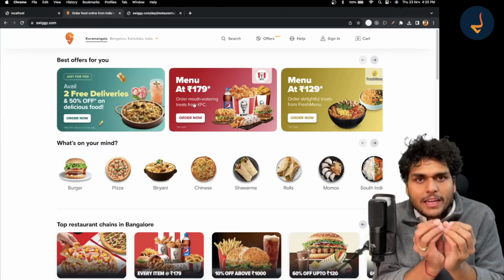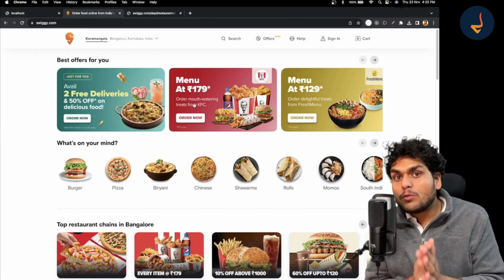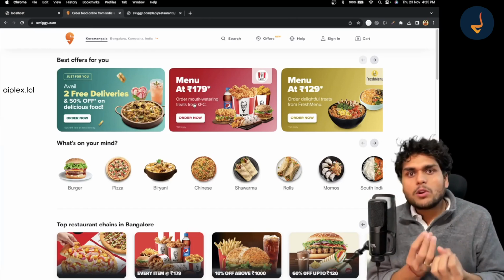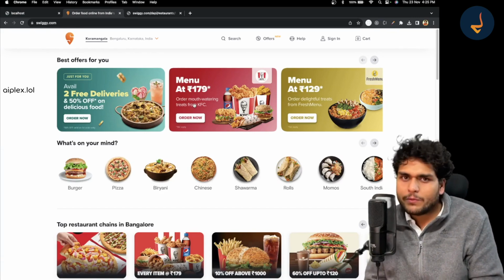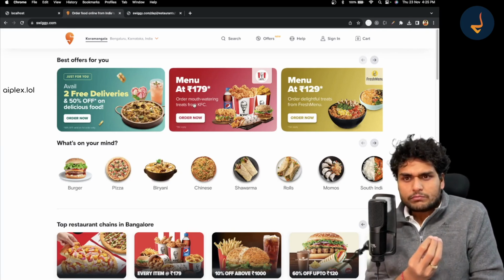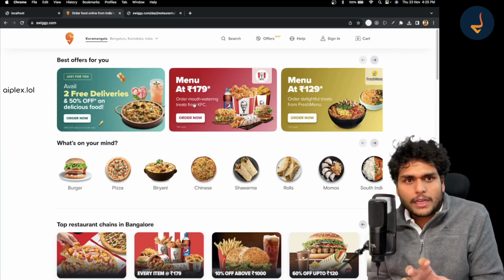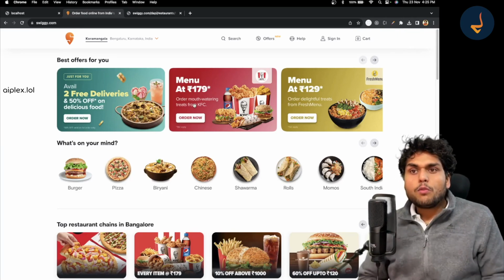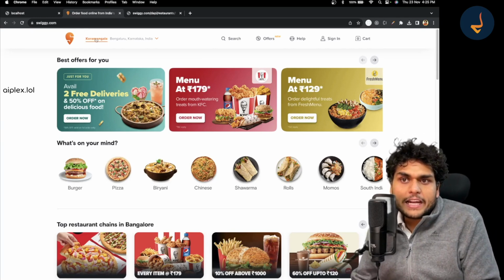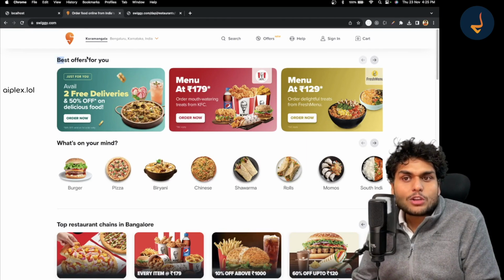And let me tell you, my dear friends, this is known as config driven UI. I had talked about config driven UI in episode 6 also, so you must be aware of it. When you build a config driven UI, it is very flexible. I have selected the location as Koramangala, Bangalore right now, so it is showing me best offers near me.